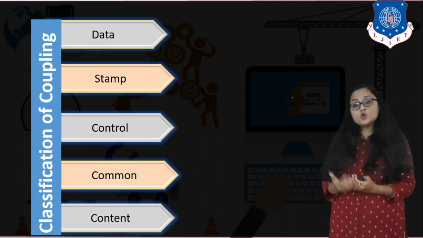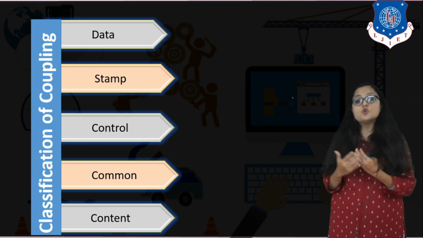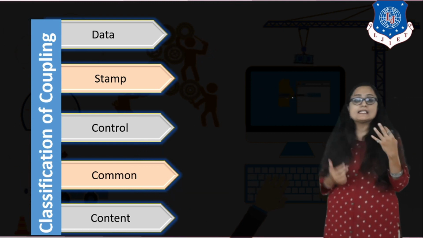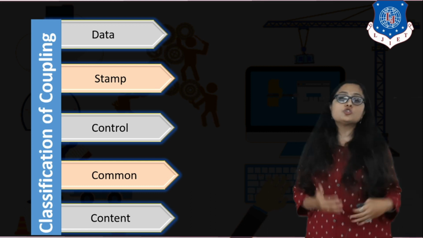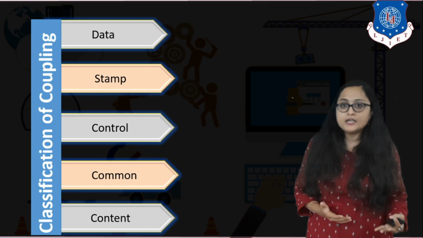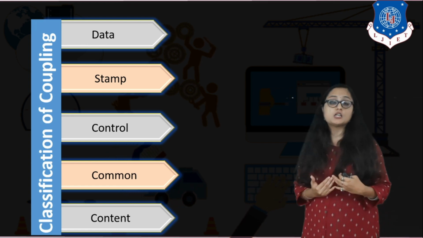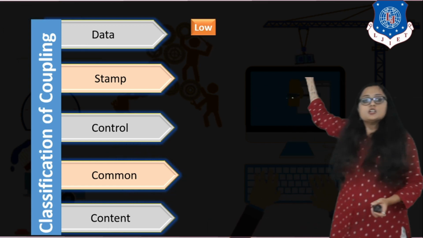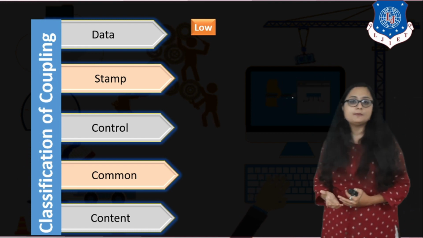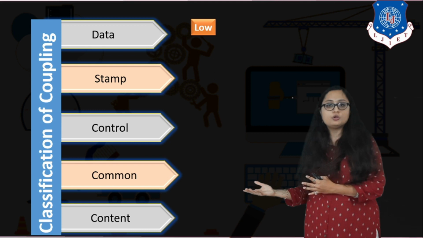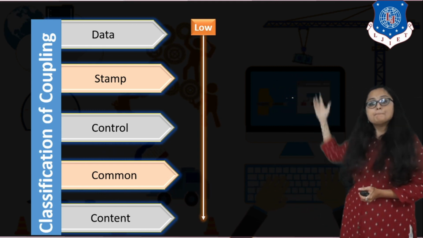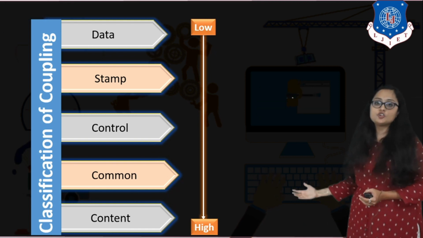Now, we know that if you want to produce good quality software, we must have high cohesion and low coupling, but it is inevitable that we cannot totally discard coupling. So, which type of coupling is recommended and which is not? Data coupling may be used because it is inevitable that you will pass data from one module to another, right? So, data coupling may be used in your software, but content coupling should not be used.